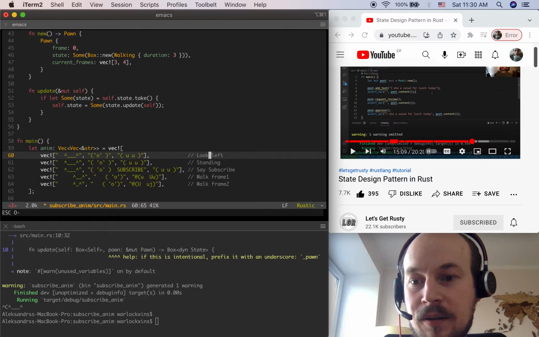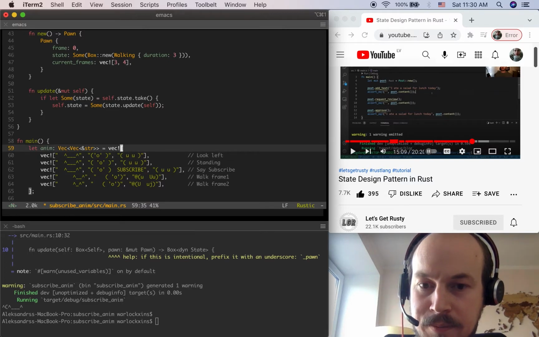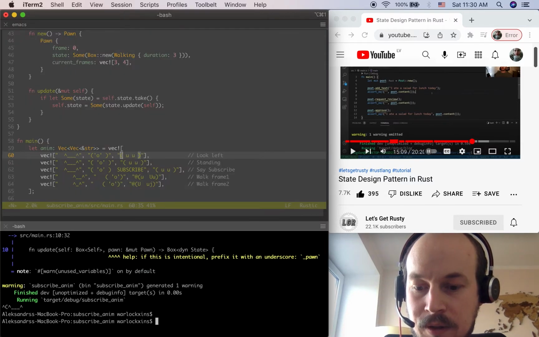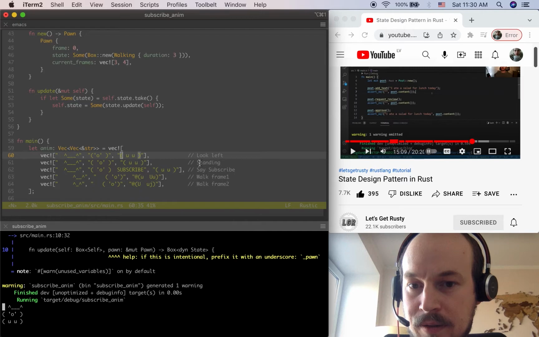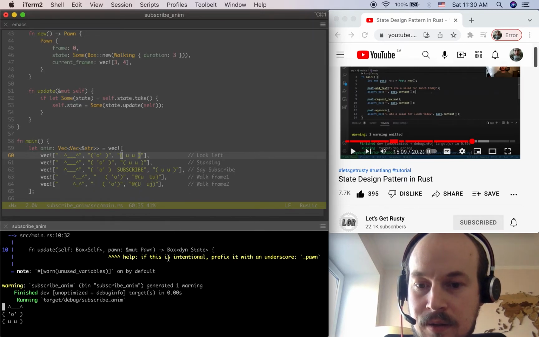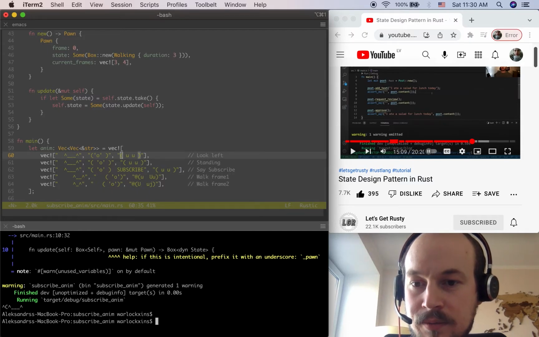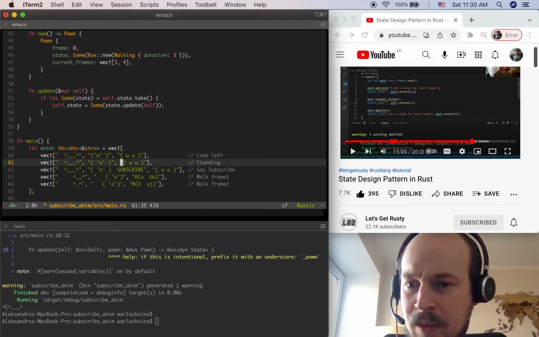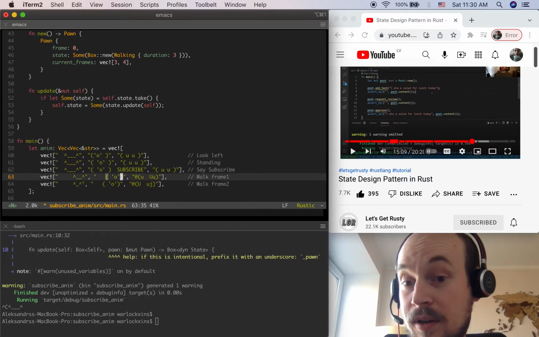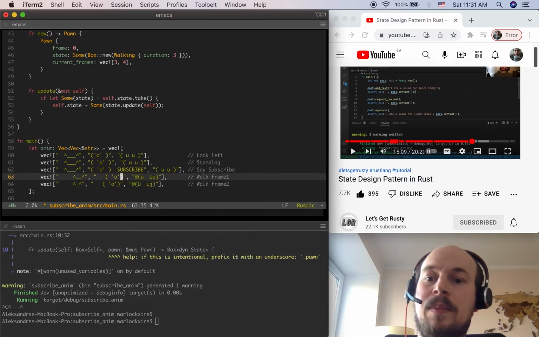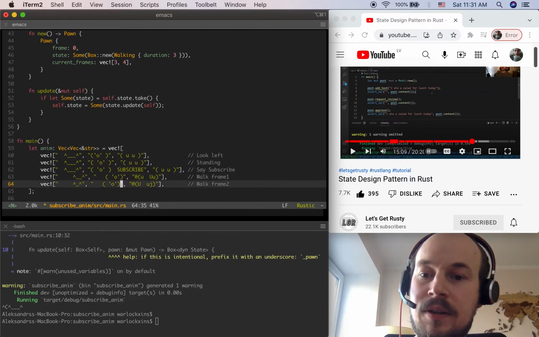This is exactly what is playing currently when I run the program. So left, standing, left, standing, standing, left. So these two are playing right now. And when I want to switch to walking animation, I will just have indexes to these two